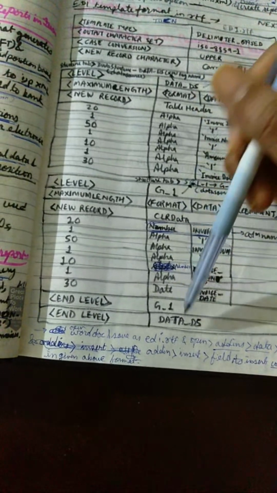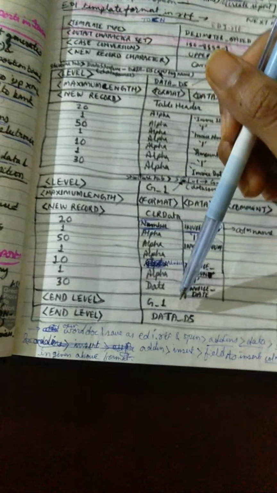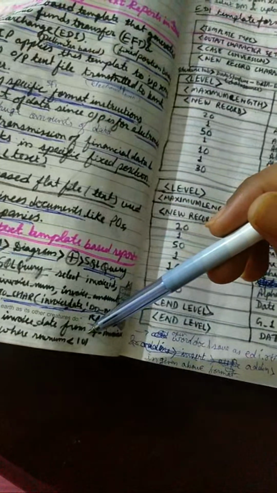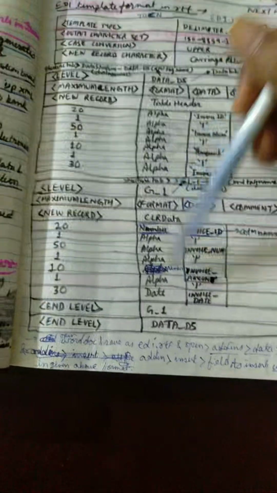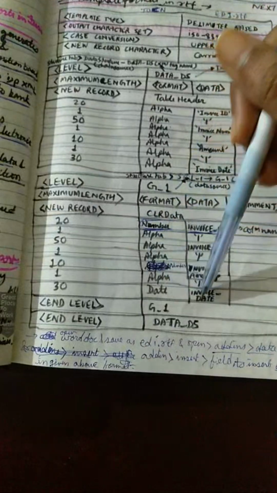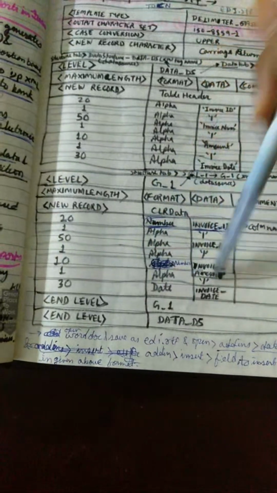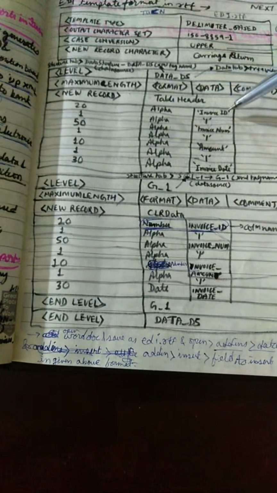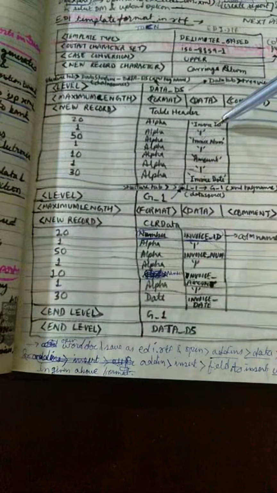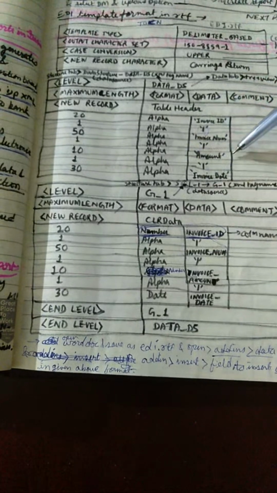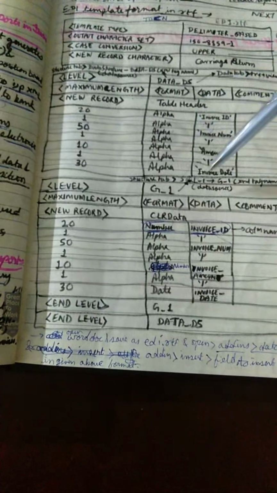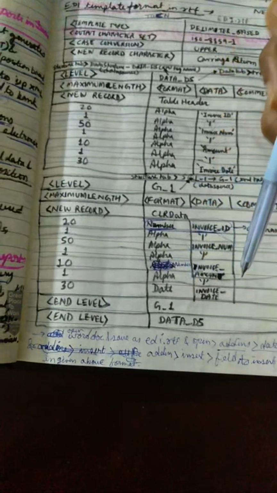Like if I have taken row num as less than 101, so 100 times this entire group will be repeated and 100 lines of data will be present along with the first one, which is my table header, sorry, column headers or the column names, the first line, and you will have 100 lines of data. Okay,